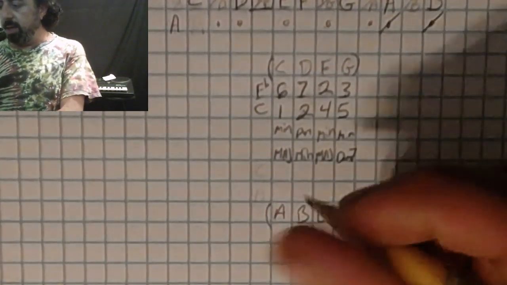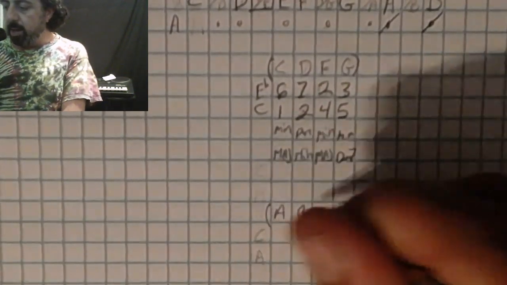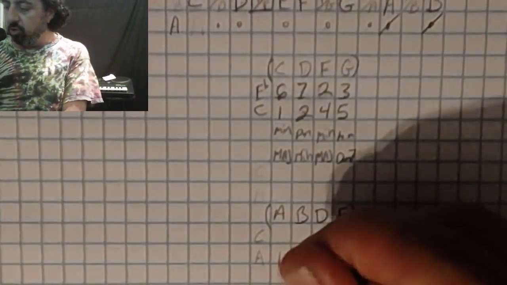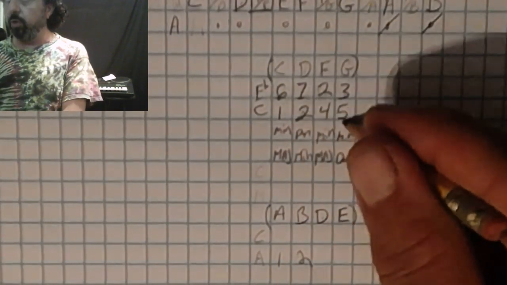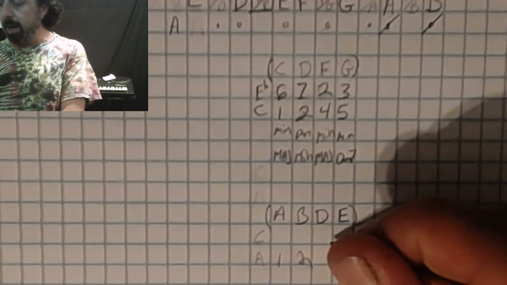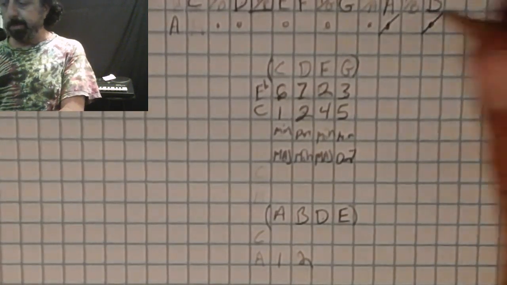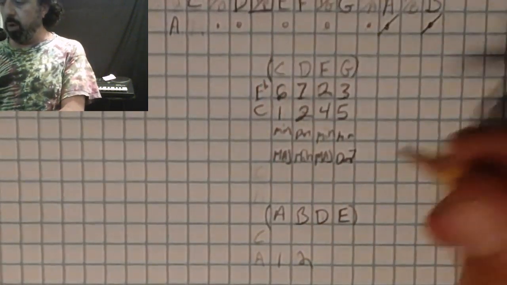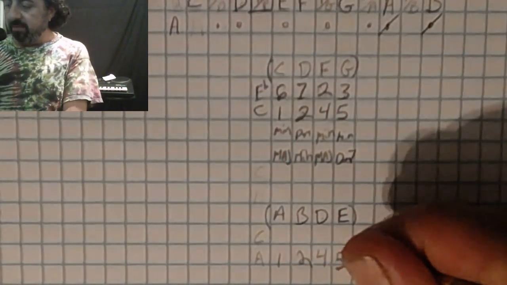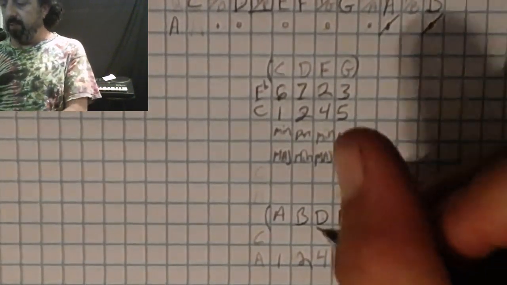So A, B, D, E, how does this work out? Let's write C and A. So A, that would be the 1. B is the 2. And guess what? 1, 2, 4, 5. Well, you're right about that. D is the 4 in A, if I'm not mistaken. 1, 2, 3 and 4. And E is the 5th. So it stands to reason that, I think I lost my good pencil there. It stands to reason that